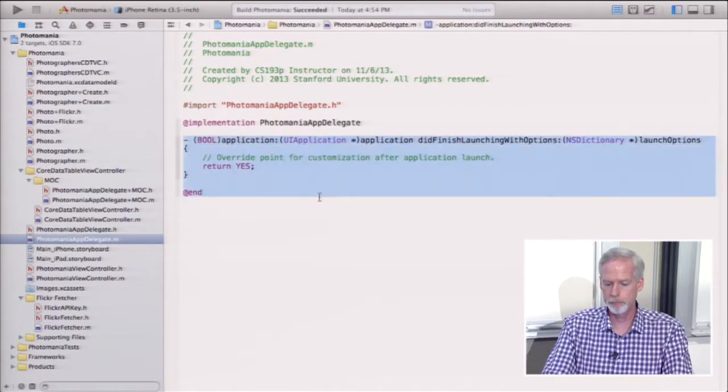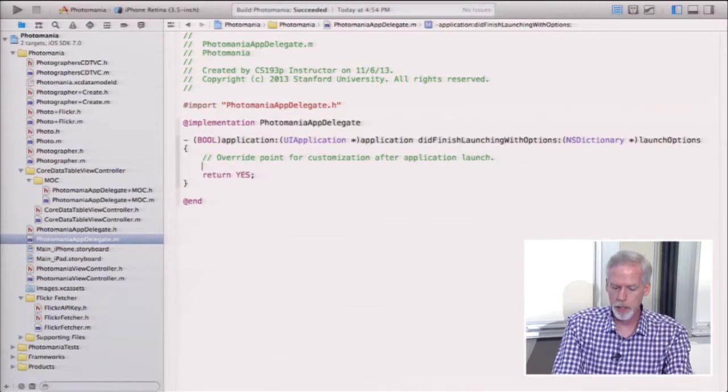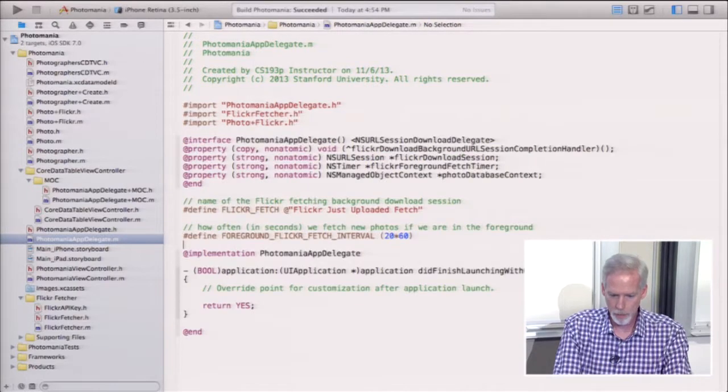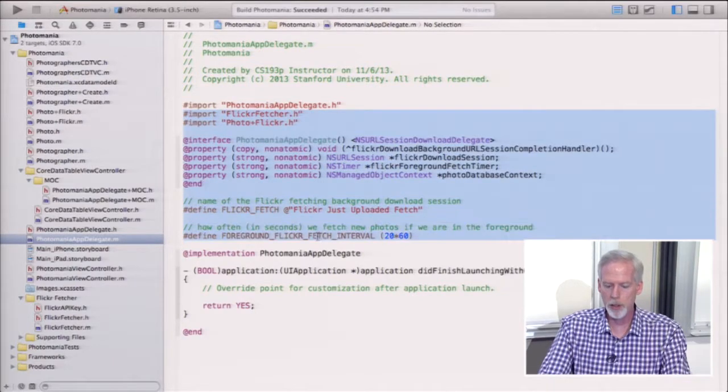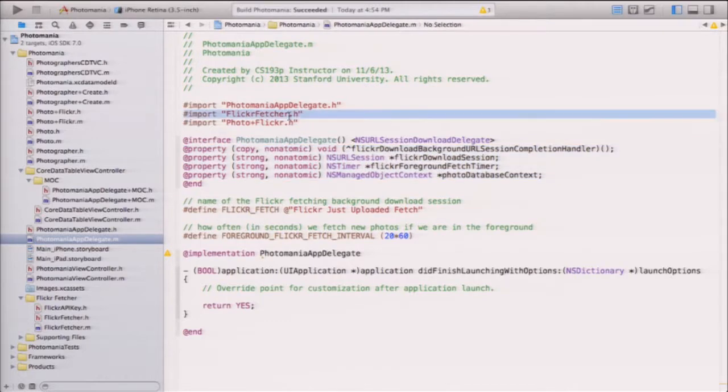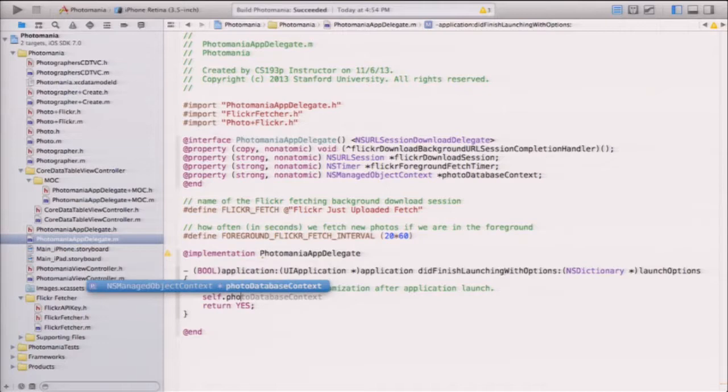Now what I'm going to do here is, first of all, let me create some properties. This is some stuff that I just created, some properties that I need. For time, I'm just going to put them in here, but as we use them, I will refer to them. One of them I'm going to use right here is this photoDatabaseContext. So I'm going to keep a property in my app delegate, which is the context that we're going to be fetching into and that we're going to be reading out of. So I'm going to set that right here. photoDatabaseContext equals self